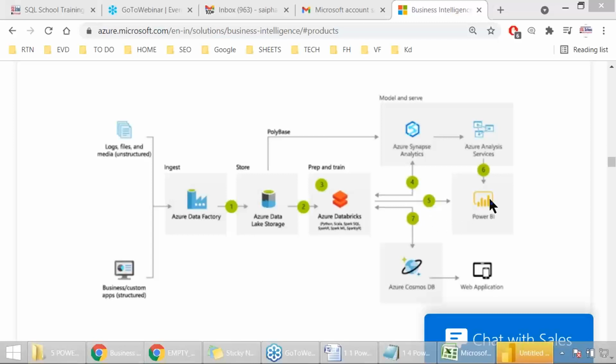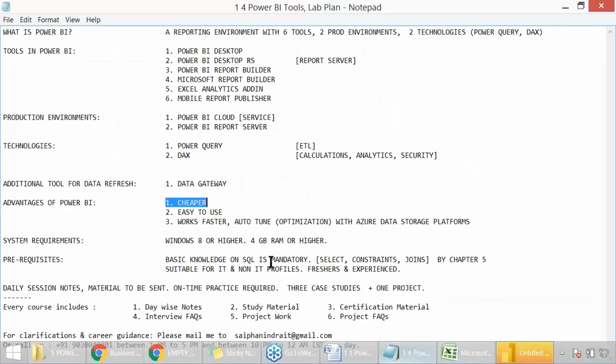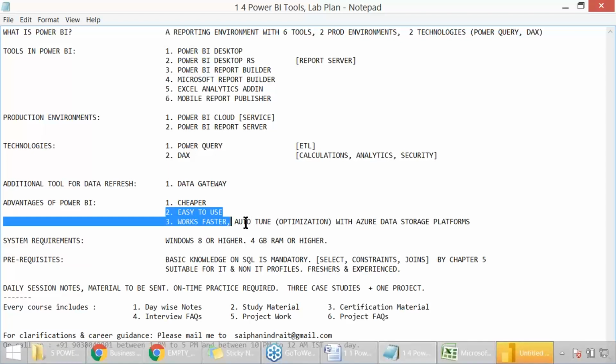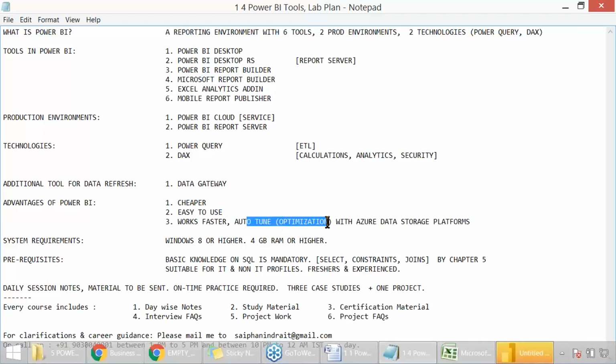Power BI is one of the prominent preferred reporting environments for all Microsoft and most of the non-Microsoft environments also now. Easy to use, works faster, and there are nice automatic optimization techniques with Azure storage platforms, the cloud platforms.